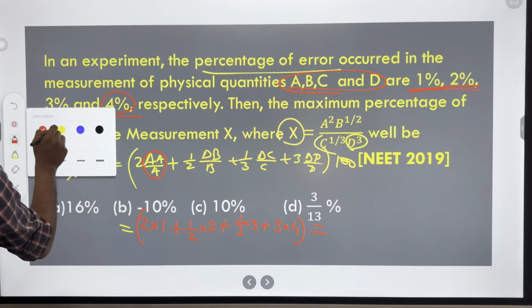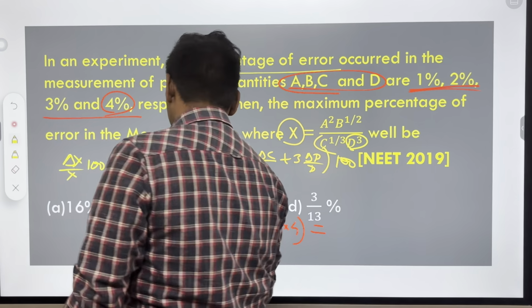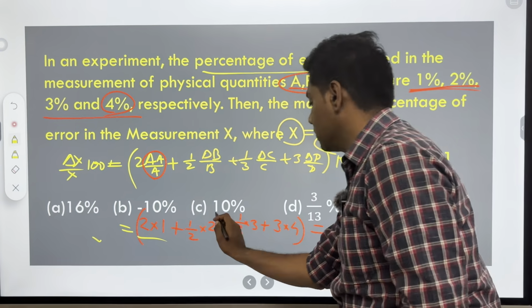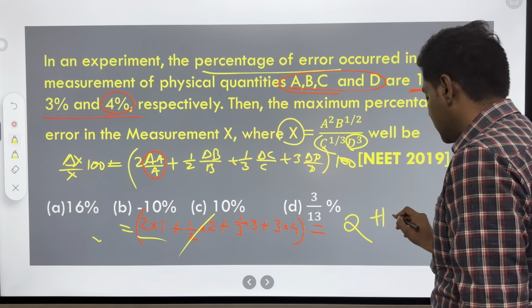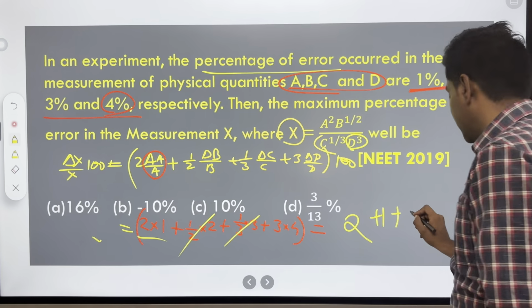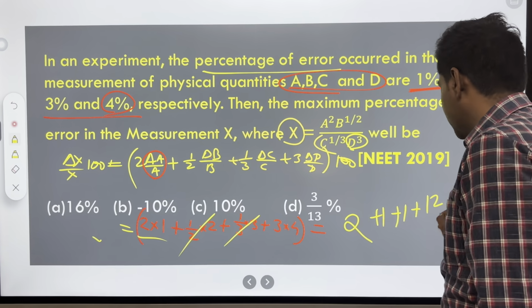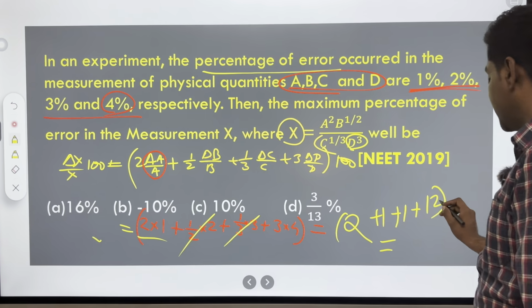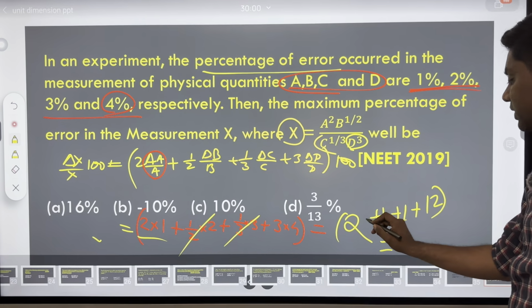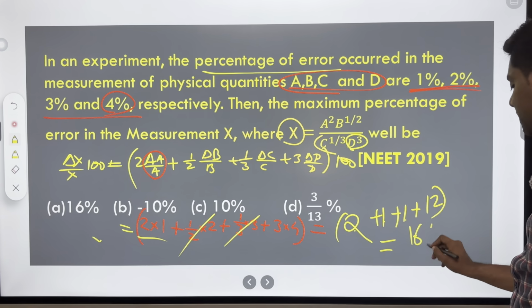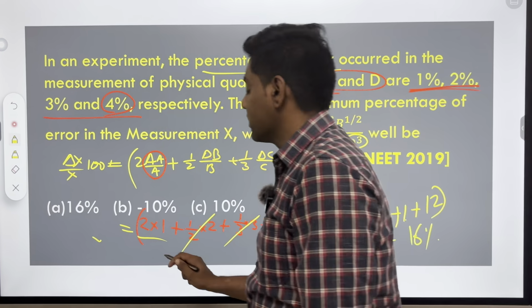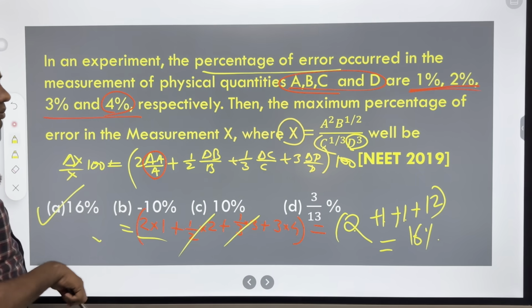Very simple, just by multiplication. 2 ones are 2, the 2s get cancelled, that is plus 1, the 3s get cancelled, that is plus 1, and 3 fours are 12. Make the complete addition: 12, 13, 14, 15, 16. So that is 16 percent. So the final answer is option number A, the correct